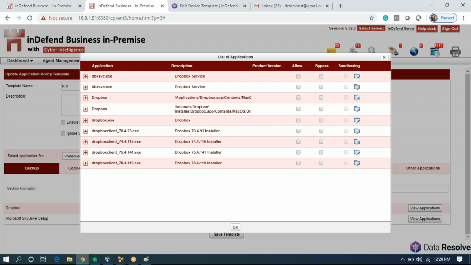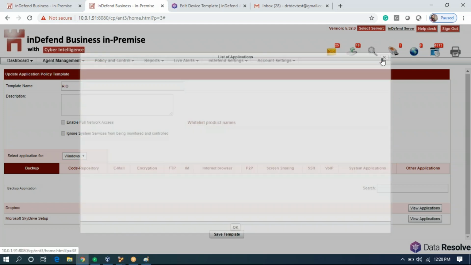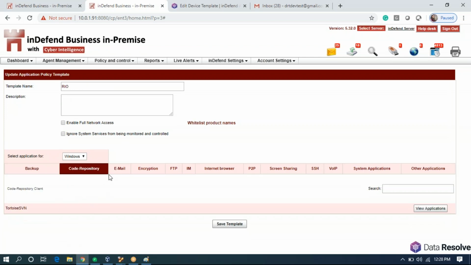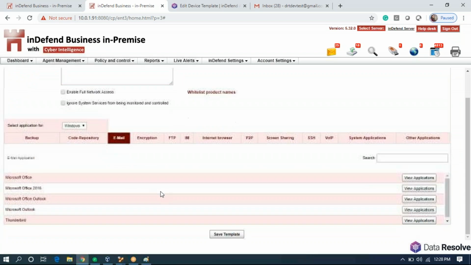If they are not allowed, they will stay blocked. Right, as you can see, nothing is allowed right now. So whatever you will allow will run, otherwise it won't. So I have currently applied this policy. Currently full allow policy is applied. Right, now what we can do is we will whitelist certain applications.